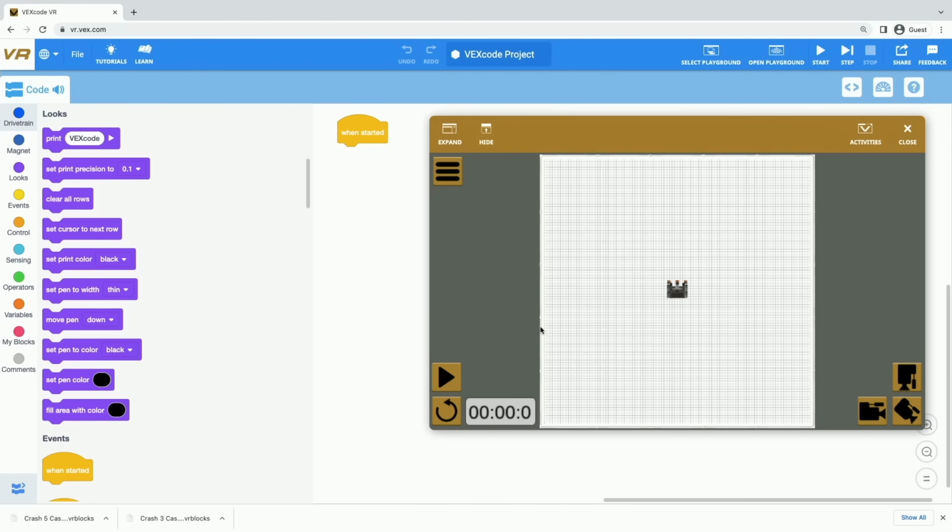So there are a couple of blocks that we're going to be using in order to have our robot draw. And the first one is this block, which is the Move Robot Pen block. So I'm going to go ahead and drag it out here and attach it to my When Started block. And you can see it says Move Pen Down. We also have the choice to move it up if we want to, but since we're going to be making a line with our robot, we're going to go ahead and leave it on Move Pen Down. So go ahead and do that now as you're following along.